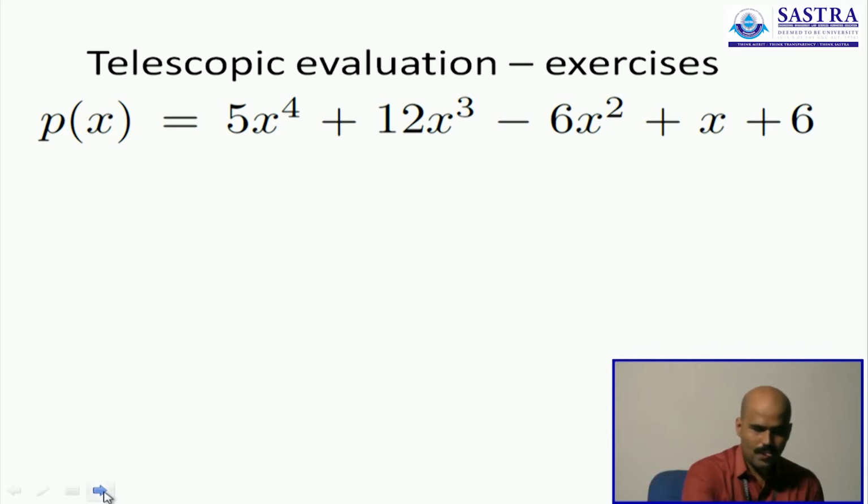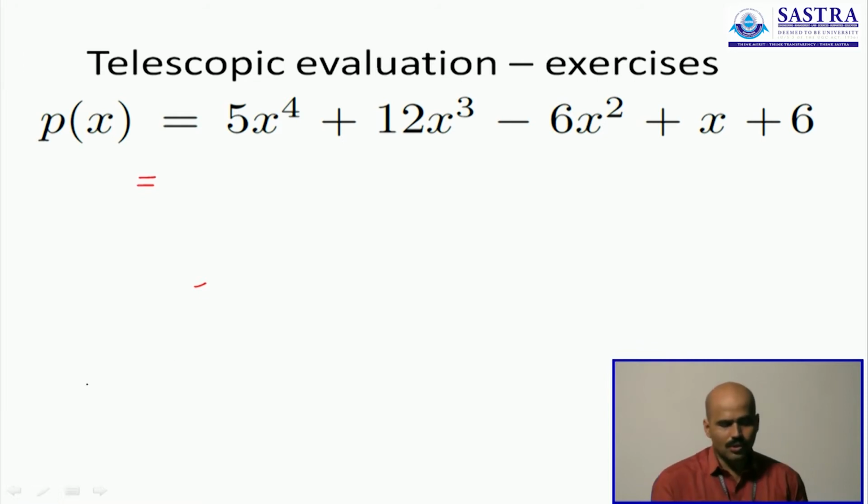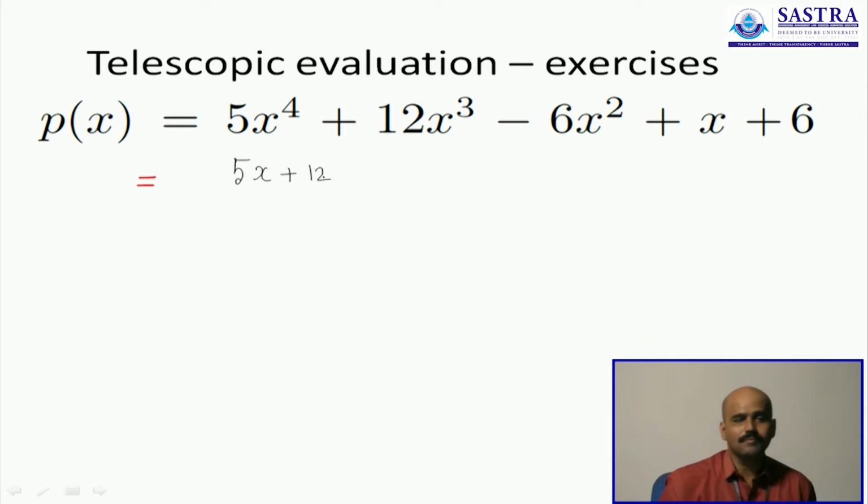Now, how do we do this? Recall what we did in the previous slide. You will break it down into simpler expressions where the highest power is only 1. We will not deal with any higher power. That is what we will do here. So, the first step is to write this down as 5x plus 12. The 12x cube that we had has become a 12. The x power 4 has now only become an x. But we did not have this in the question, we had x power 4. So, we will multiply the sum by an x.